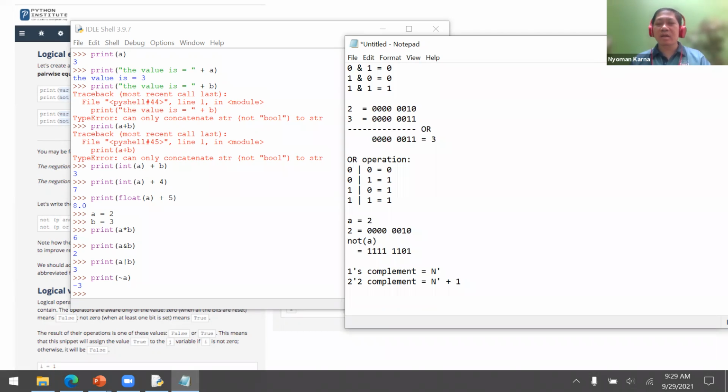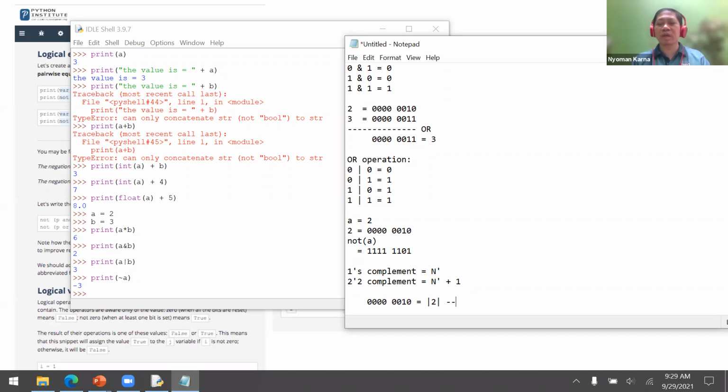Now, let's check whether this combination is in 1's complement or 2's complement. If this is 1's complement, then we can just inverse every bit again, so it will become 0, 0, 0, 0, 0, 0, 1, 0, which is 2.